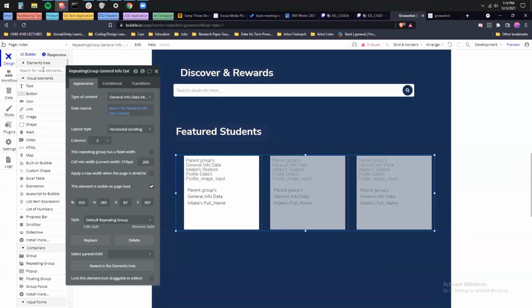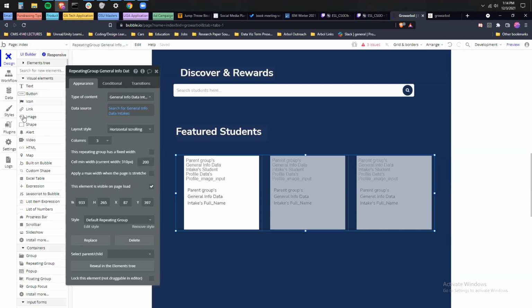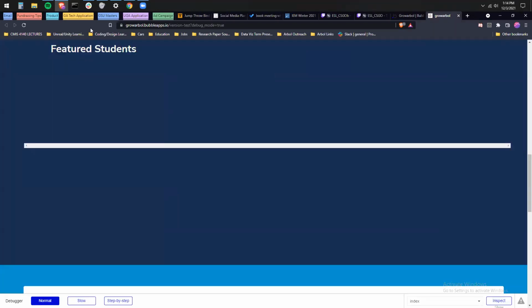I'll find that information. I'll send it through Slack to you, because that scroll bar is not a happy thing. The other thing that you can do is when you take off the scroll bar, oh, you're not using Chrome. That's probably what it is. Are you not in Chrome? No, I'm not. Okay, yeah, so that's why you see that particular version of the scroll bar, it is browser based.